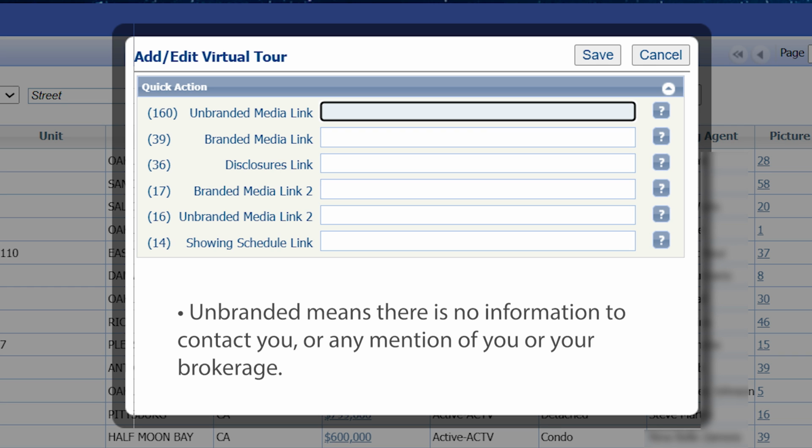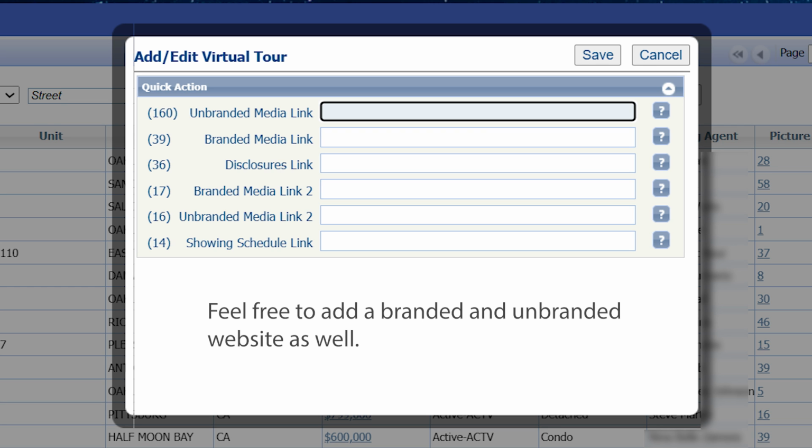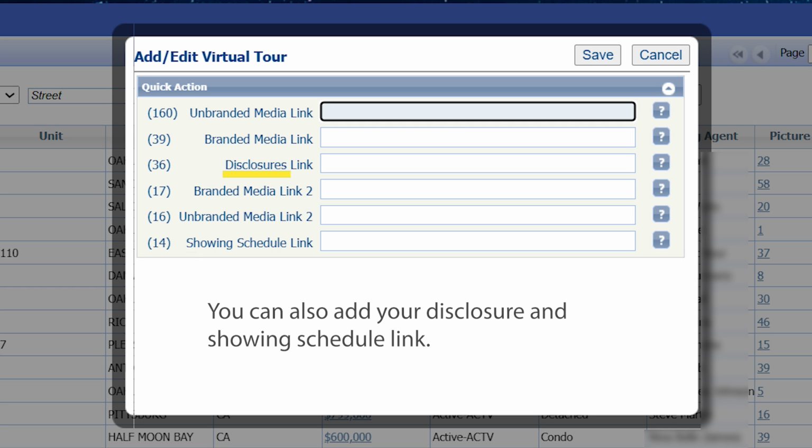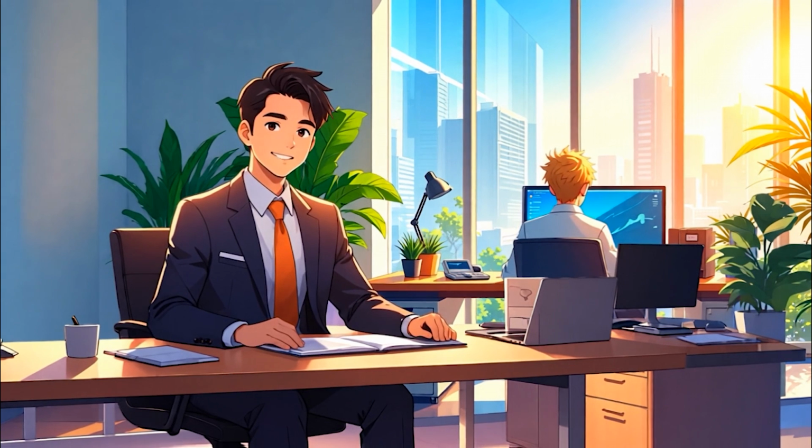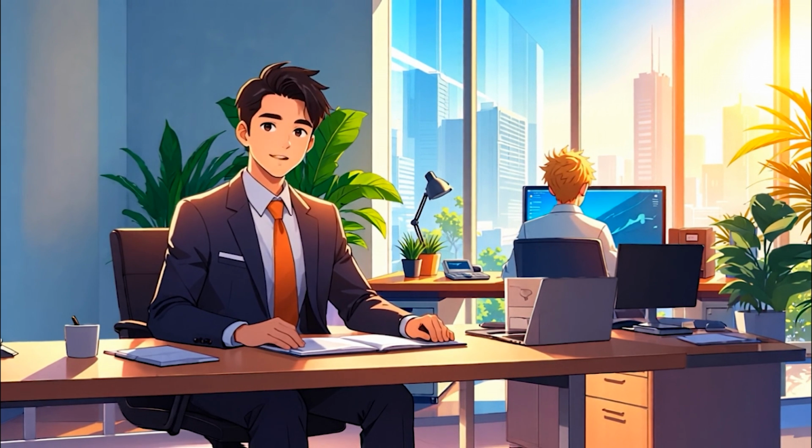You have 2 fields for each, so feel free to add a branded and unbranded website as well. Here you can also add your disclosure and showing schedule link if you've made a disclosure.io packet, or are using ShowingTime, Calendly, or any other online schedule tool. These tools will allow buyers' agents the ability to receive the disclosure packet or schedule time to see the property, without needing to